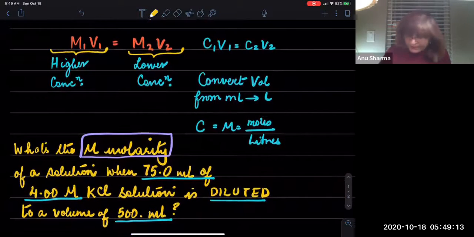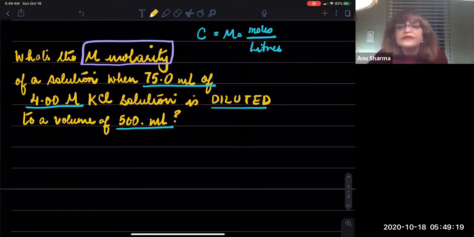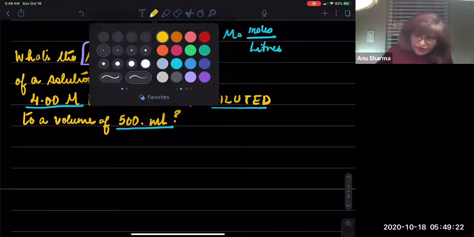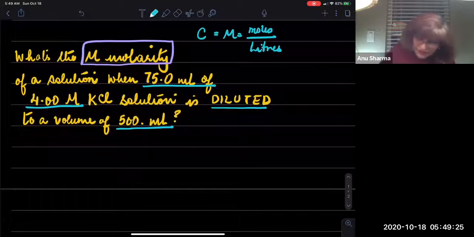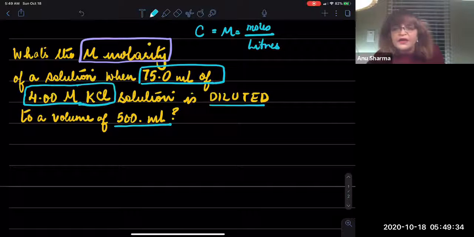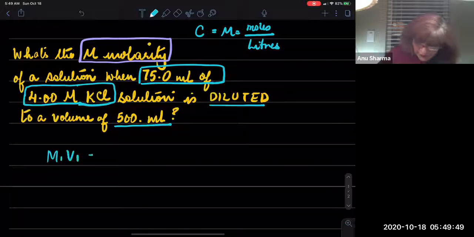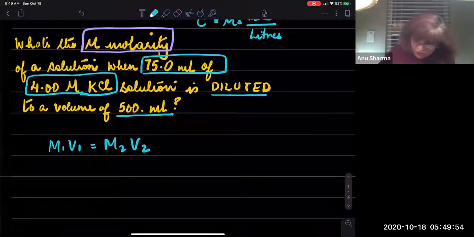What is the molarity of a solution when 75 milliliters of 4 molar KCl solution is diluted, meaning you have added water to the solution, to a volume of 500 milliliters? So 75 milliliters and 4 molar go hand in hand. You see, molarity and volume are given. The 500 milliliters is the volume of the more dilute solution. So now you're going to write down M1V1, always write down the formulas. M1V1 is equal to M2V2. M is the molarity, so the molarity given is